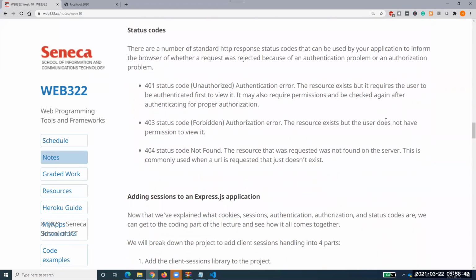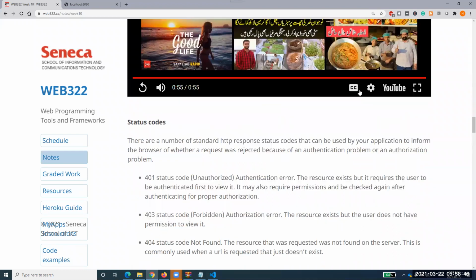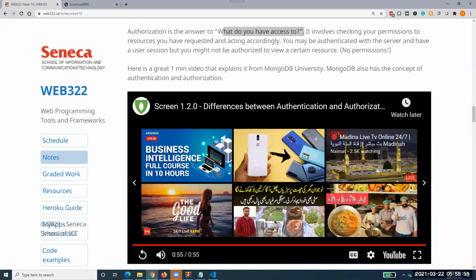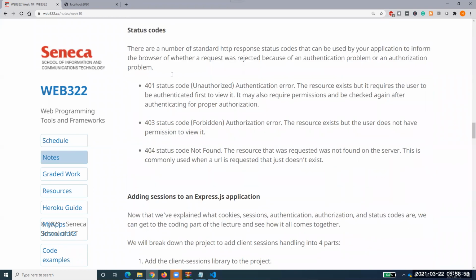Okay, so what is that? Basically what it is showing is giving us that information about what authorization and authentication are all about. Who are you and what do you have access to, right? So now